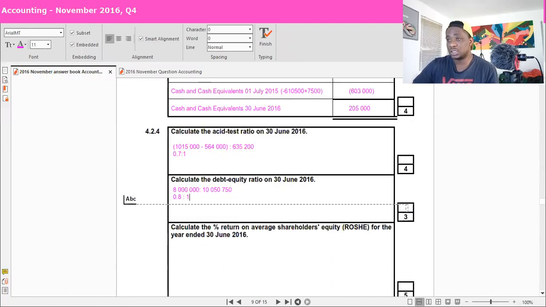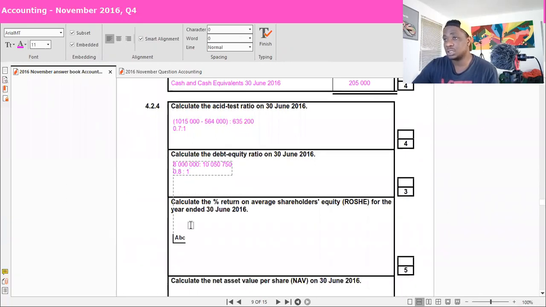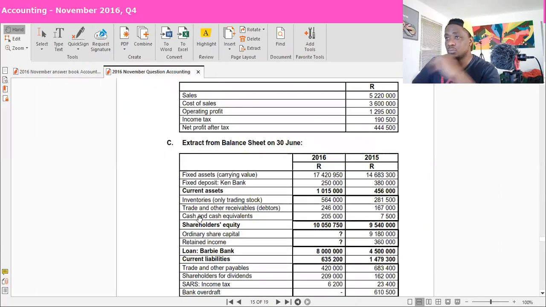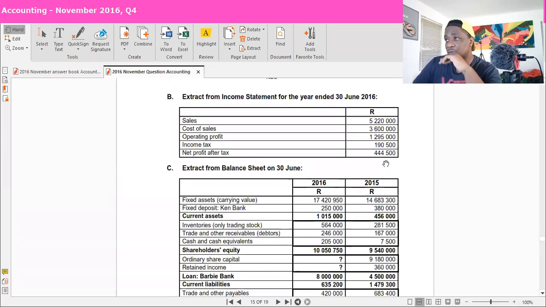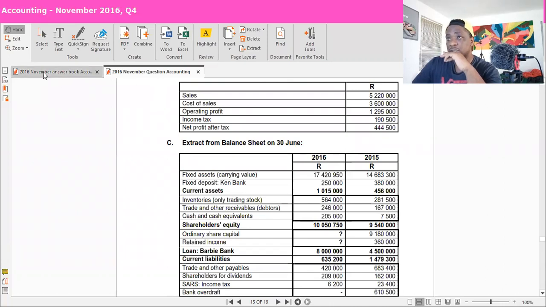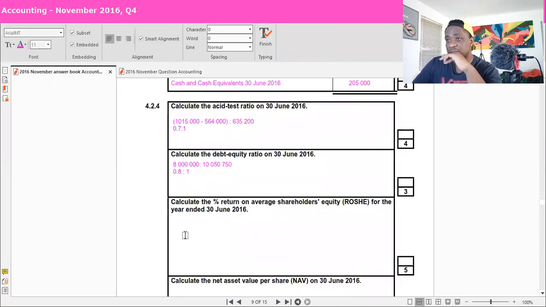And then the next ratio is to calculate the average return on shareholders' equity. This one would be net profit divided by the average shareholders' equity multiplied by 100. To calculate average shareholders' equity, you take equity at the beginning, add to equity at the end, and then divide that by 2. So let us do that. What is the net profit? The net profit is 444,500. All right, let's start with that. So we're going to say we have 444,500. And then we'll say divided, as I said, to calculate